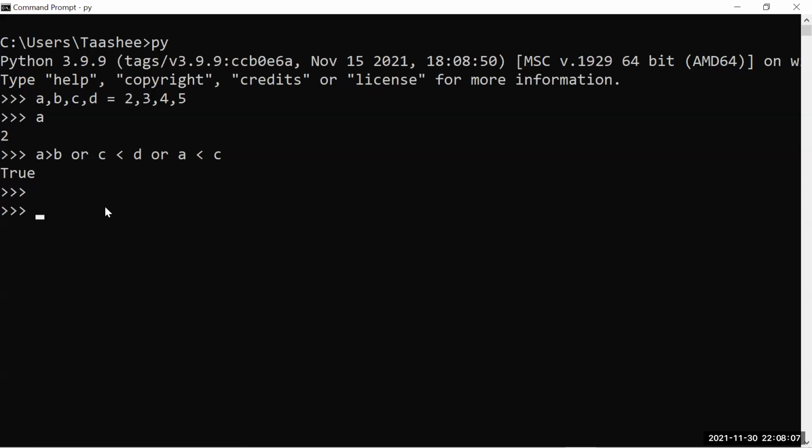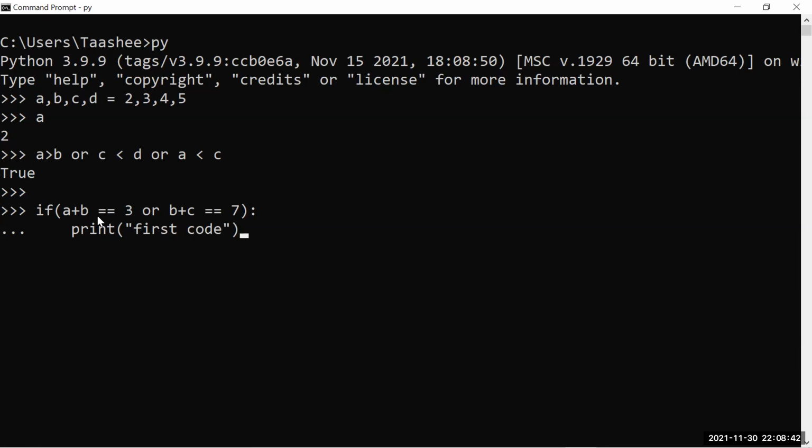See here, if A plus B double equals 3 or B plus C double equals 7, I'm asking it to print first code.